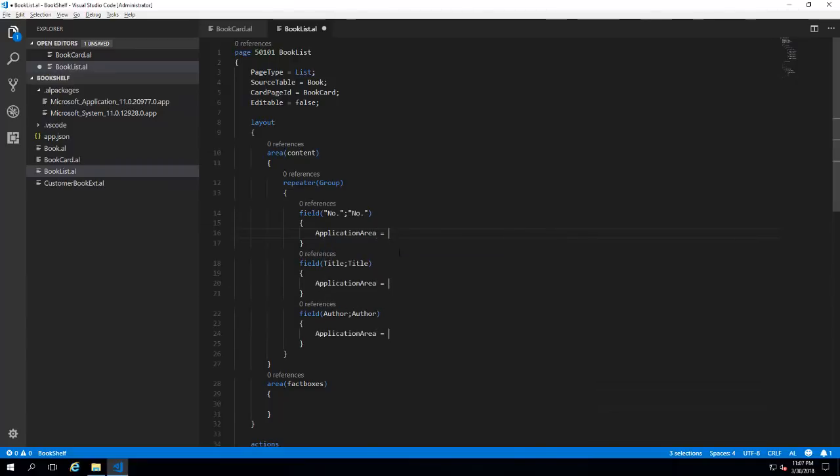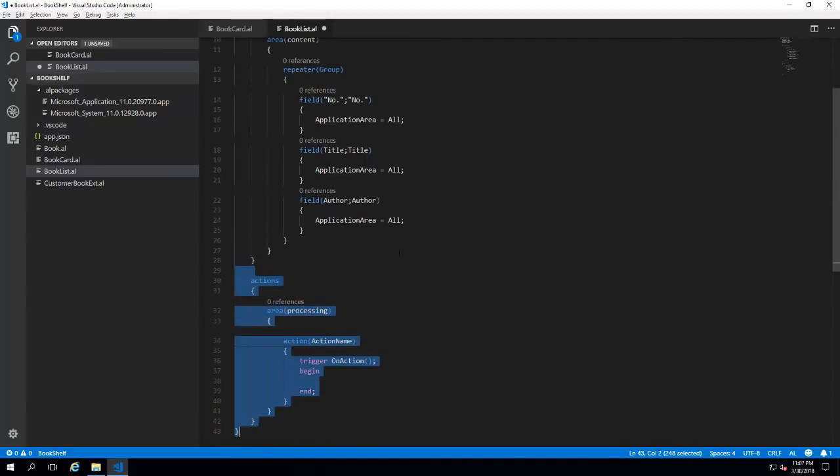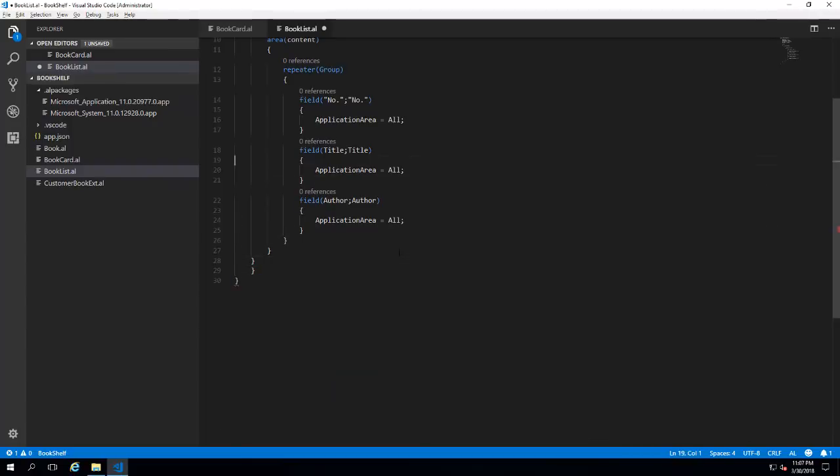Application area equals all. I think this is all we need. I'm going to get rid of the fact boxes. I'm going to get rid of the actions. And I think,